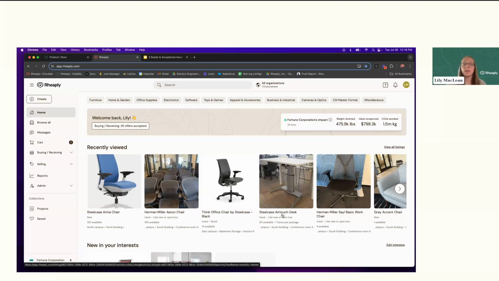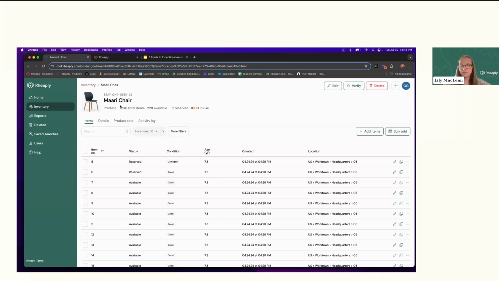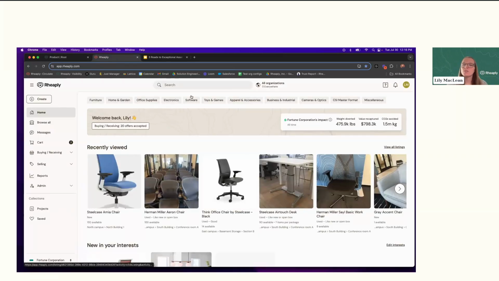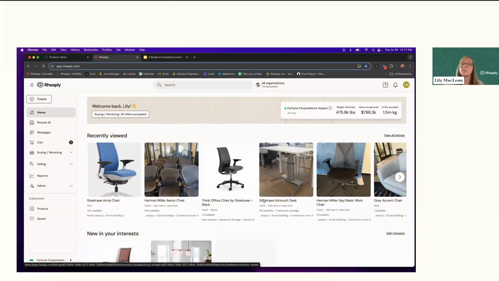So our last path is really, if we think about our visibility tool as: let's manage this inventory, let's get the data and the details that we need about it, and then let's share this with other teams, departments and internal users so that we don't double procure and avoid having to buy new. That last path is what happens when our organization no longer needs these resources. A lot of companies come to us with that specific question: we have a warehouse, we have a storage space, and how do I clear that out in a sustainable way?